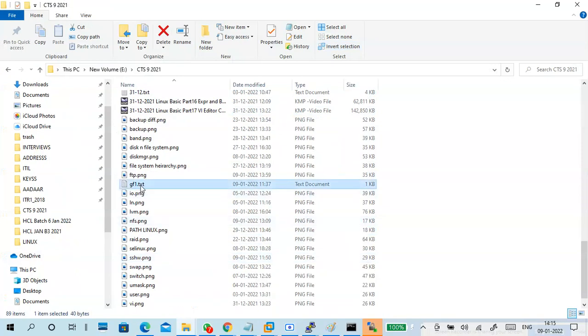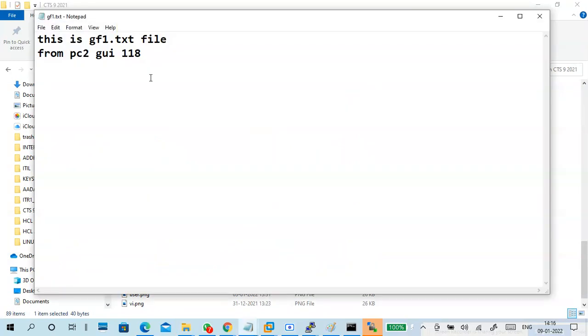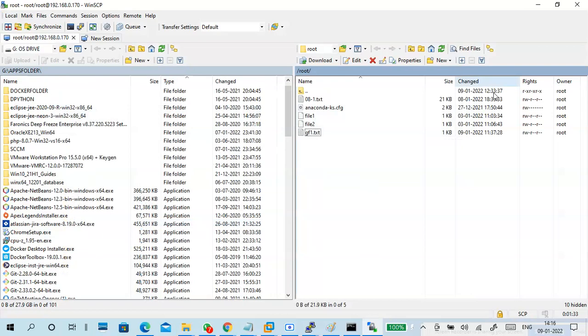You see the gf1.txt file, and this is the data. Guys, understand how to use WinSCP. Like that, you can upload and download data from one place to another.